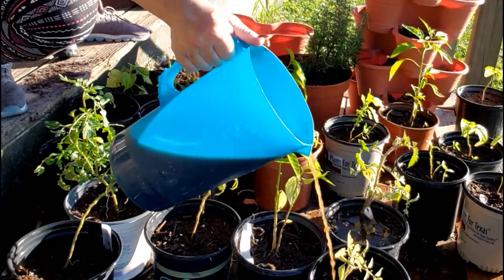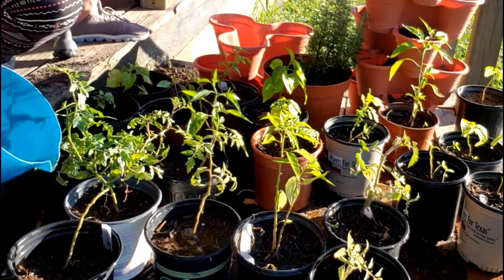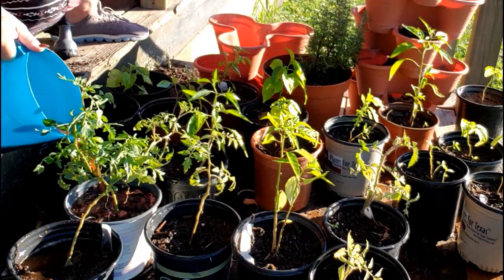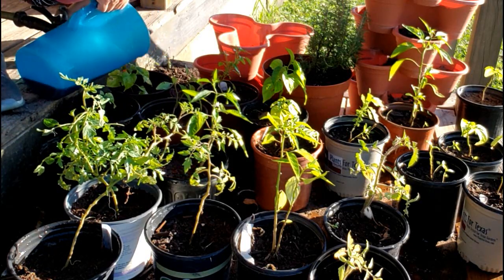Now, the microbes that are present in the fertilizer work with the microbes that are in your soil to help your plants absorb the nutrients in the soil much better, more efficiently, and faster. There are lots of times that our plants have nutrient deficiencies because they have a hard time pulling the nutrients from the soil. For example, if you've grown tomatoes, and many of us have,